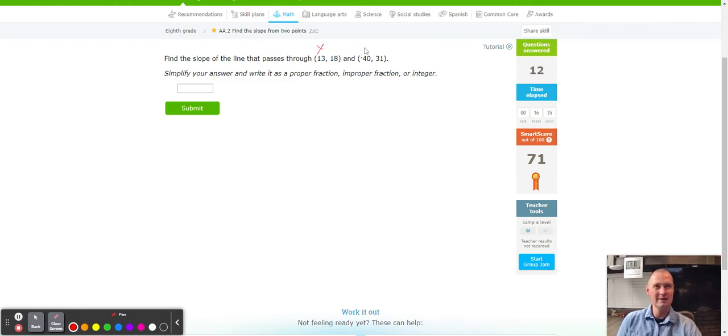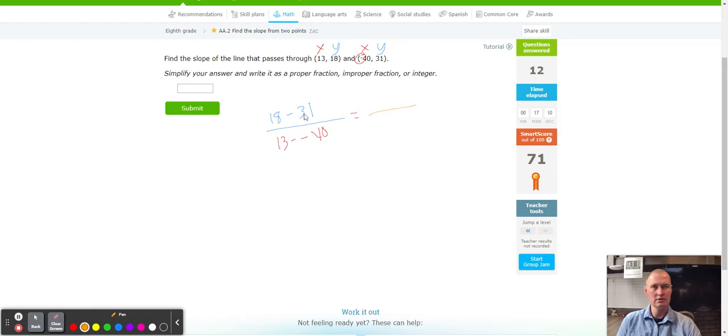We got x is 13 and x is negative 40. And y is 18 and y is 31. Numerators on top, which are the y values, we got 18 subtract 31. And our x values of 13 minus 40. 2 minuses because the 40 has a negative and we're subtracting it. Equals